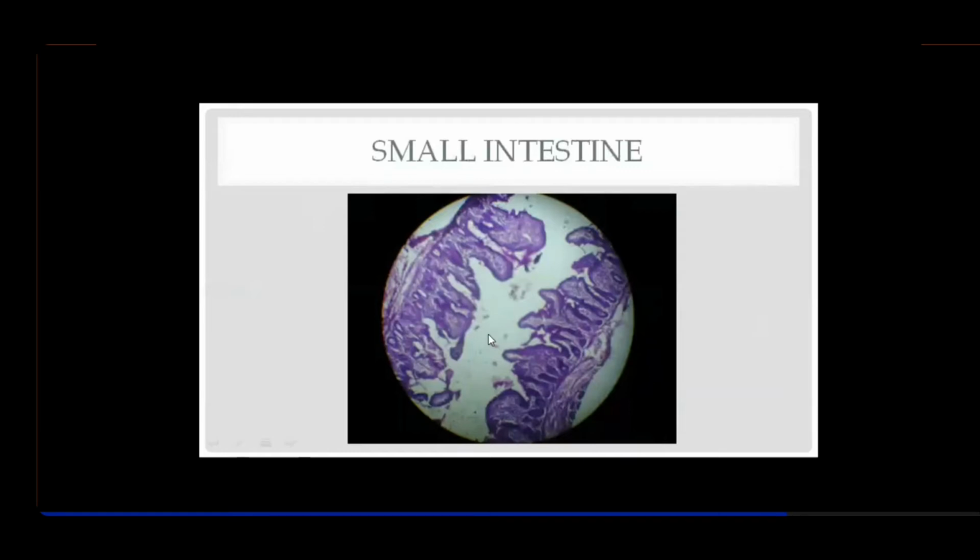Basically, to clear the confusion with the gallbladder: there are no doubts about the villi here, though they're not very clear; some irregular villi are visible. And remember, in the gallbladder I told you there will be irregular branched villi, of different heights or different types. But there the mucosa rests directly on the muscular layer. You don't have a submucosa. Here what you're seeing are the intestinal glands, the crypts of Lieberkühn. You will not find this in the gallbladder.